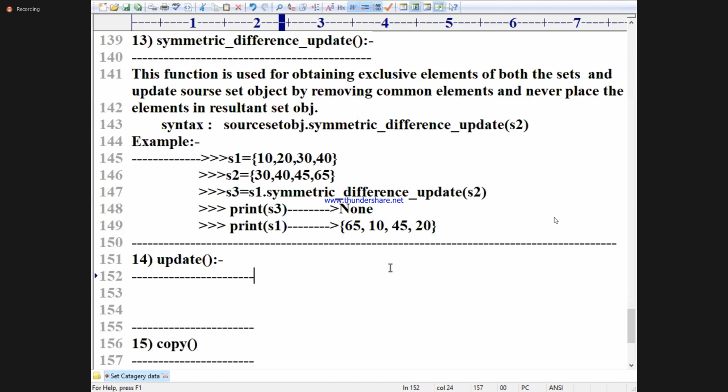Now it is time to see the update function. Shall I move to next?